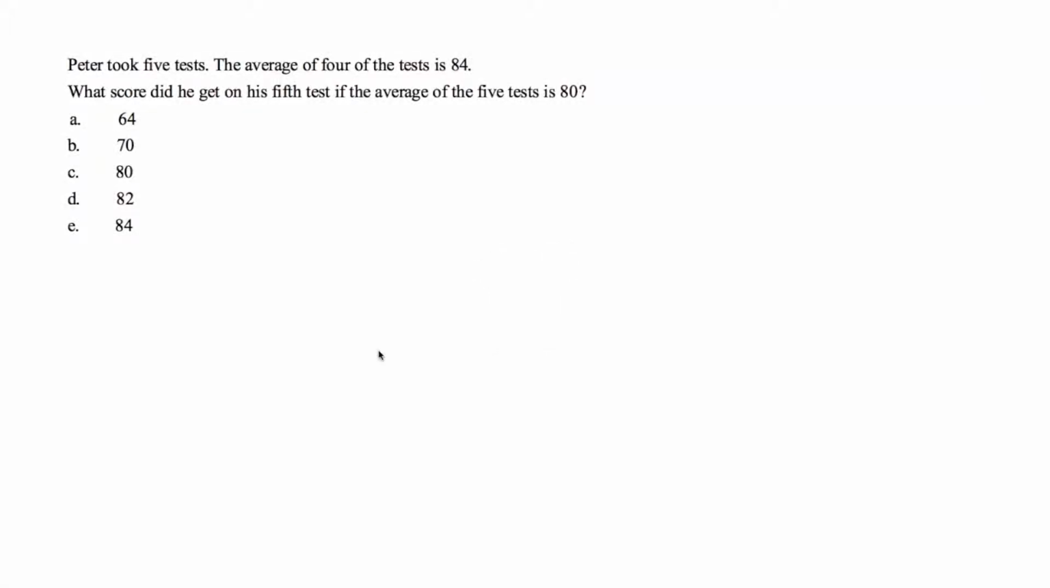Peter took 5 tests. The average of 4 of the tests is 84. What score did he get on his 5th test if the average of the 5 tests is 80? So for these types of average questions, let's use an acronym, TAN,